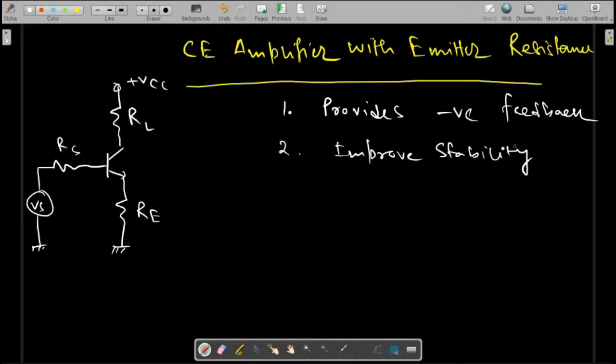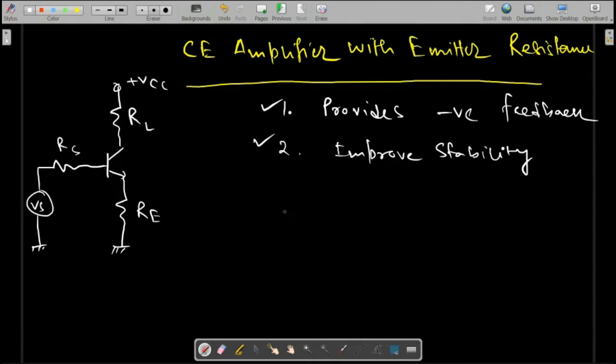And there are some other things we are going to explore in this chapter. Right now we are familiar with point 1 and point 2. So let us analyze this circuit. You can analyze it using the original hybrid model or the simplified hybrid model, but we are interested in finding an approximate solution. We are not interested in an exact solution, although you can go for it using the original hybrid model, but the derivation will be complex.